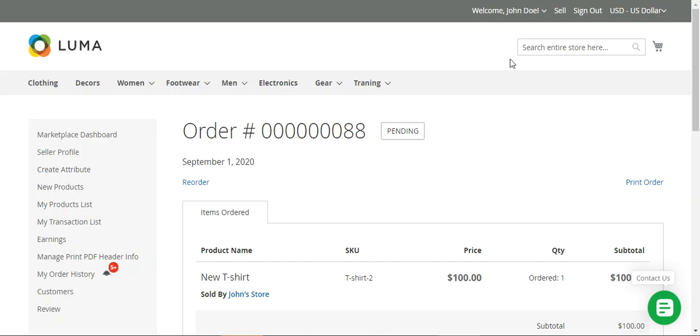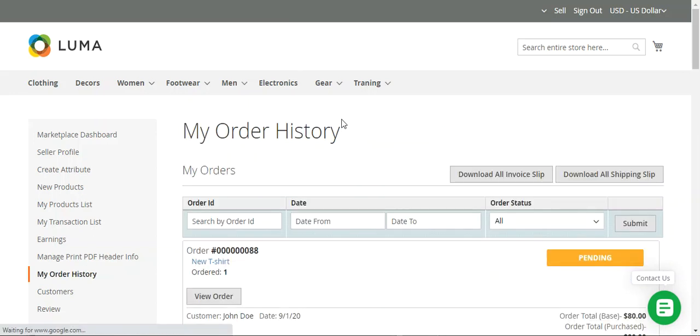So for that, let me take you to the admin backend panel, and from there we'll be logging into the warehouse manager's account. Right now you can see that I'm logged in. I'll just go to the admin backend panel first. Also, before going to the admin backend panel, on the left hand side here, as this is also a vendor,